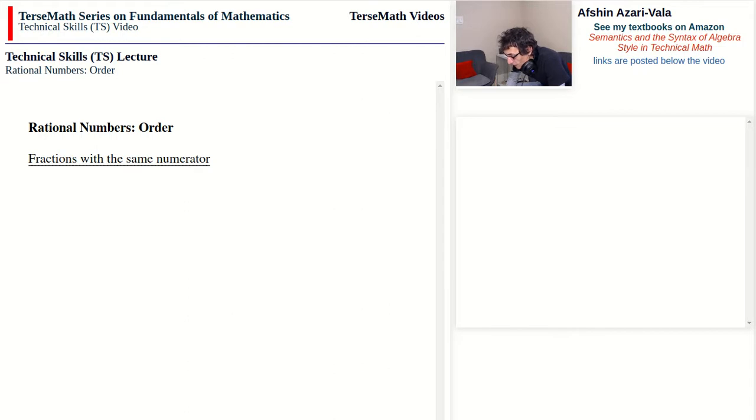Then we will look at the case when the fractions have the same denominators, so the bottom numbers are the same, and the numerators are different, so the top numbers are different. And finally, we'll take a look at the case when both the top numbers, the numerators, and the bottom numbers or denominators are different. In the case of fractions with the same numerator, the fraction with the smallest denominator is